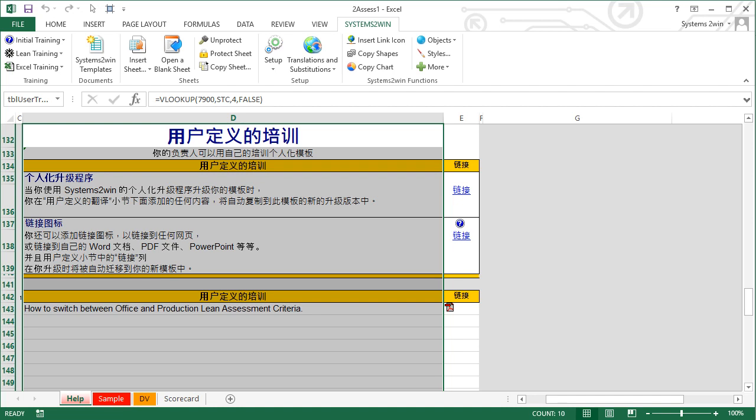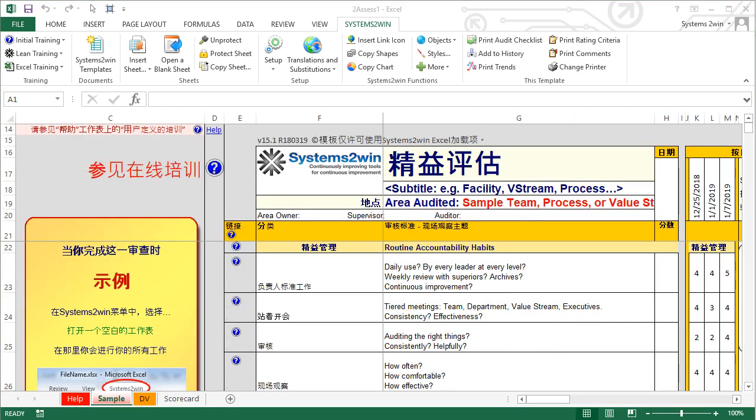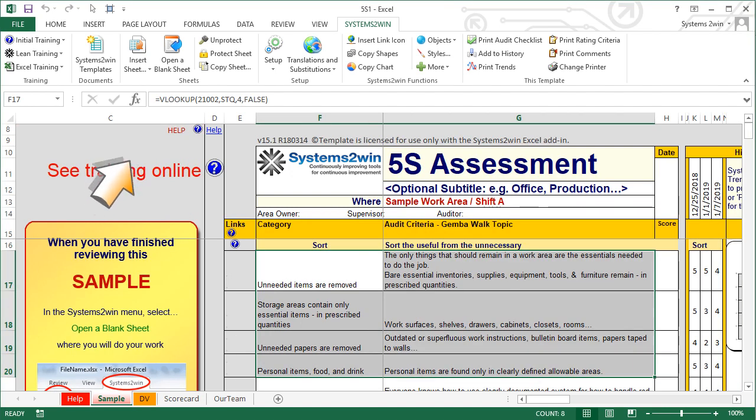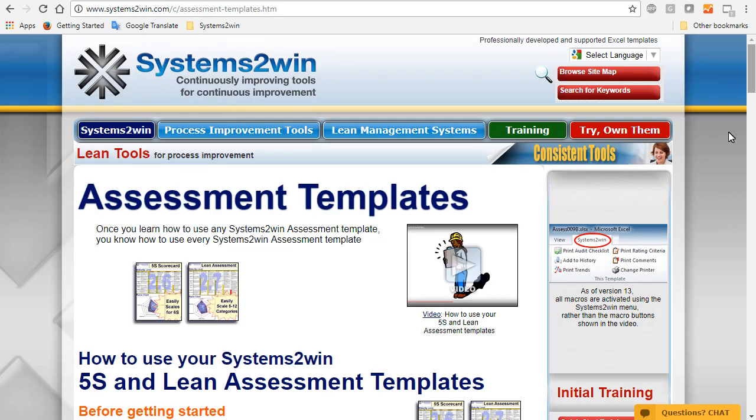It will have your chosen language if it was something other than English, or much more commonly, it will simply switch between the different sets of assessment criteria that your leaders created. And remember, that's only if your leaders left you the pink note telling you that they created multiple sets of assessment criteria in a single template. If there is no pink note, then that means that there's only one set of assessment criteria. So all you need to do is start using your template, which is what we'll show you how to do next.